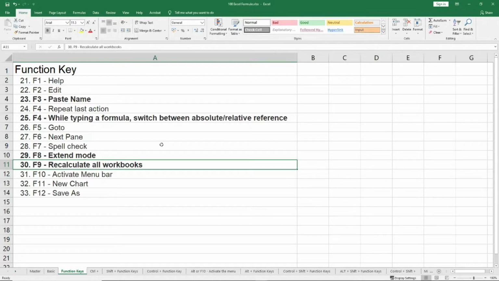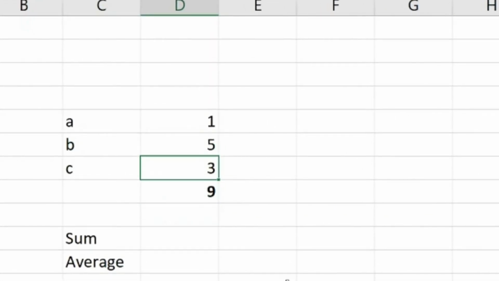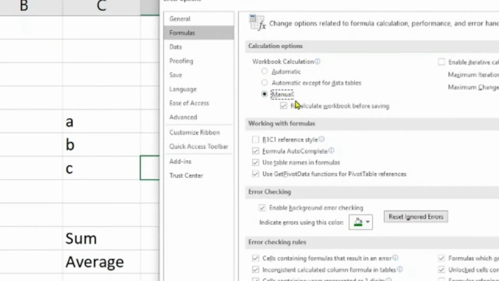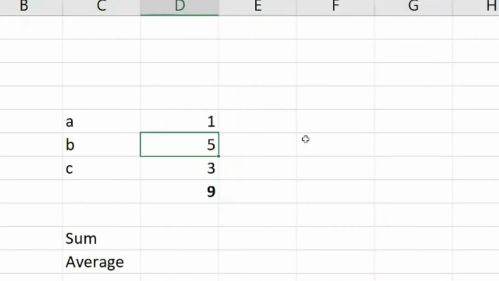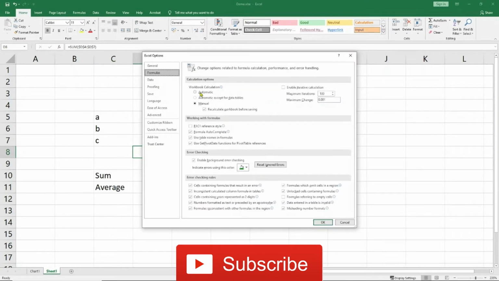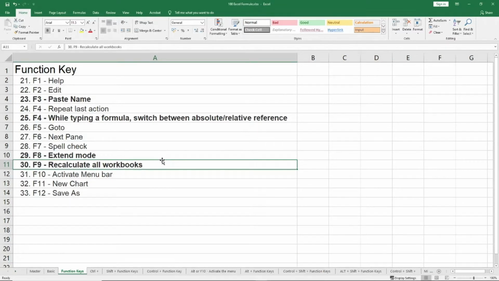In that scenario, just as an example, here I'm seeing 6, and if I change 5, it is automatically updating. I go to File, Options, Formulas, Manual, OK, and now if I change it, it will not update, but I'll have to hit F9 so that the recalculation is done. For now, I will turn automatic back on because I don't want to be in a problem later, but this is useful.